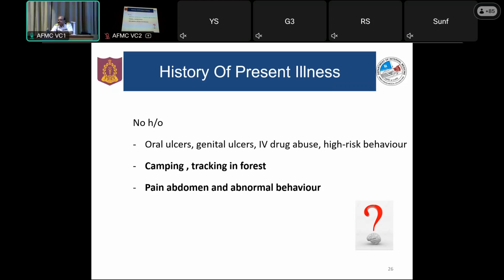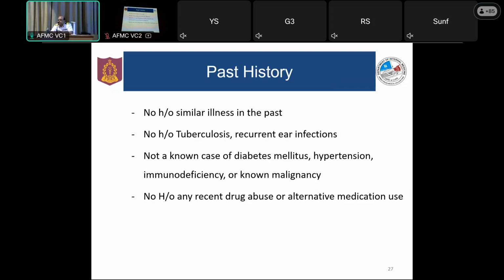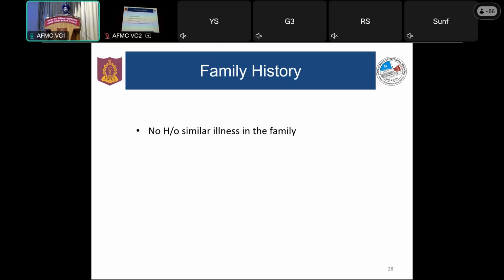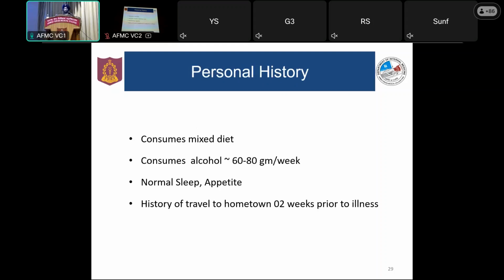Okay, carry on. Next. In the past, there is no history of similar illness and no history of tuberculosis or recurrent ear infections. He is not a known case of diabetes mellitus, hypertension, immunodeficiency, or malignancy. No history of any recent drug abuse or alternative medication use. Family history was not contributory. He consumes mixed diet, consumes alcohol around 60 to 80 grams per week. He used to travel to hometown. His hometown, he said, is in